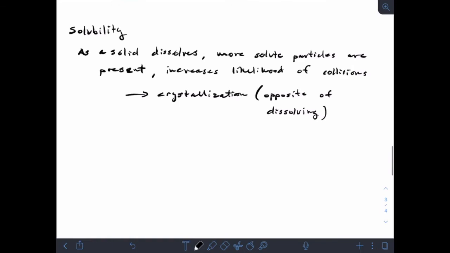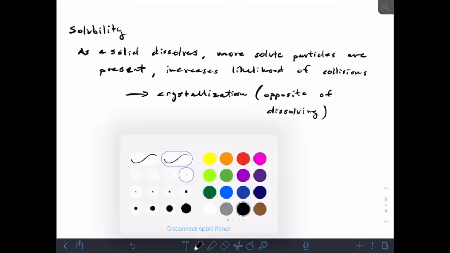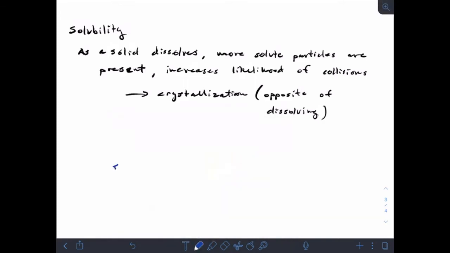Okay? And believe it or not, you already know a little bit about this. So if you've ever had the experience of making rock candy or putting too much sugar in your tea or anything like that, there's a certain point where no more material will dissolve, and instead it starts to make solid again. Okay, so thinking about what an equation might look like for this process, if we have solute